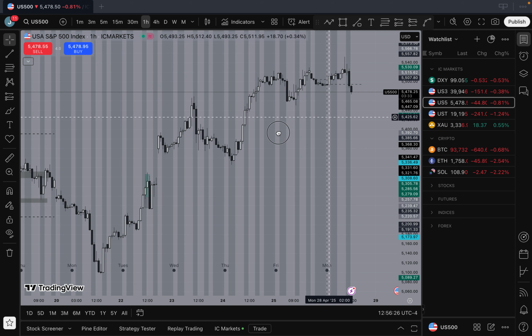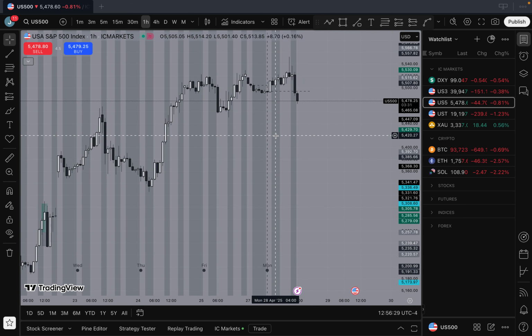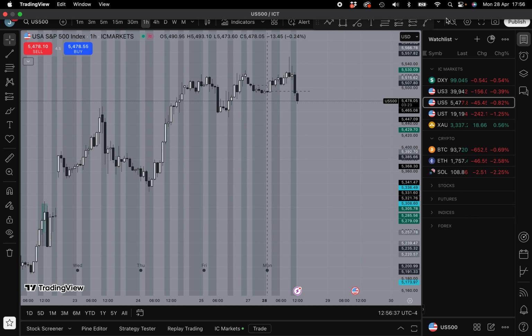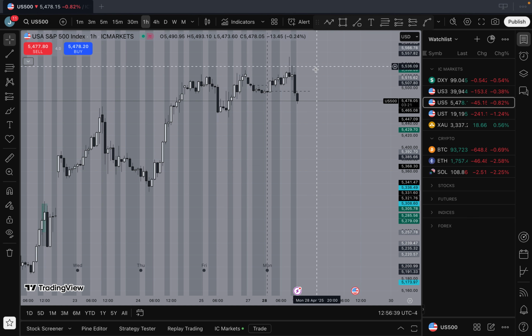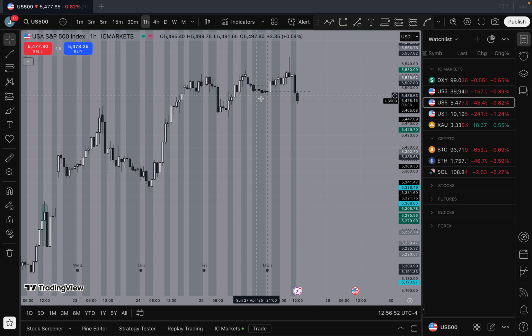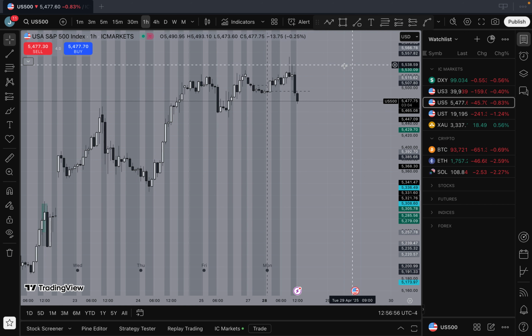Looking at the actual daily profile so far, we're just finishing up the AM session, coming into the lunch hour now. Actually, what's the time? Yeah, lunch hour is just about to finish in New York time. You can see this dash line here is the opening price. We've traded up pretty much throughout the whole day, and then this candle here before a push down to take this liquidity and fill in all of this business down here.